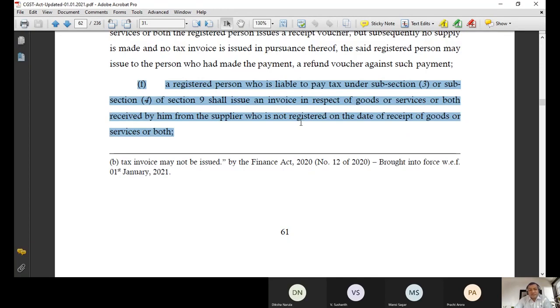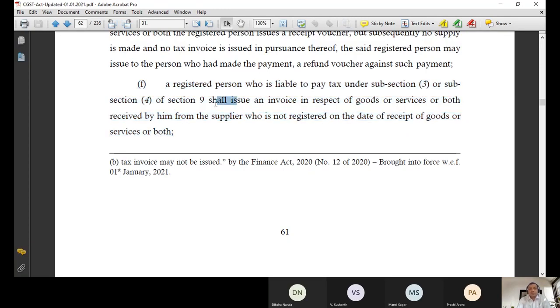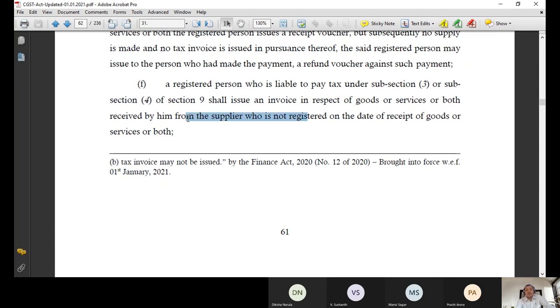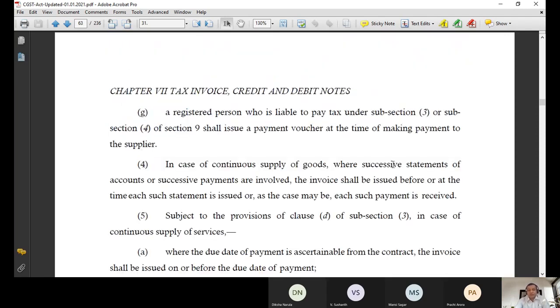So in that case, this recipient has to issue the invoice, and make sure that under GST laws, invoice and tax invoice are one and the same thing. So whether I use the word or the Act uses the word invoice or tax invoice, there is no difference. So as per clause F, a registered person who is liable to pay tax under reverse charge mechanism, that recipient has to issue the tax invoice if goods are received from a supplier who is not registered, on the day when goods are received. Clause G is also similar, but clause G says